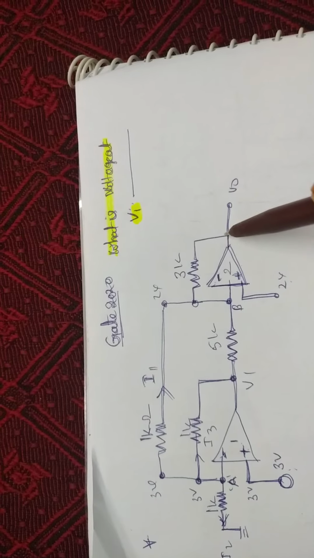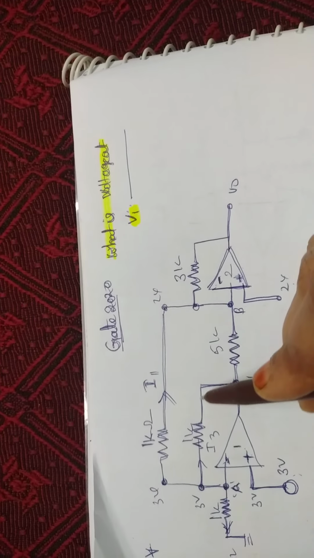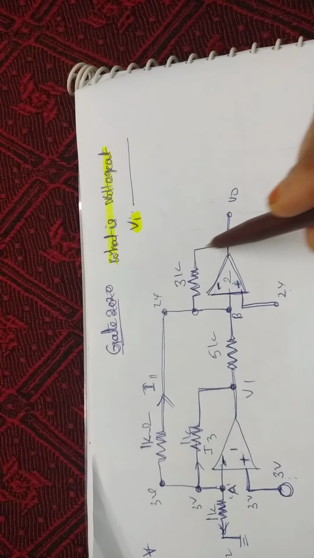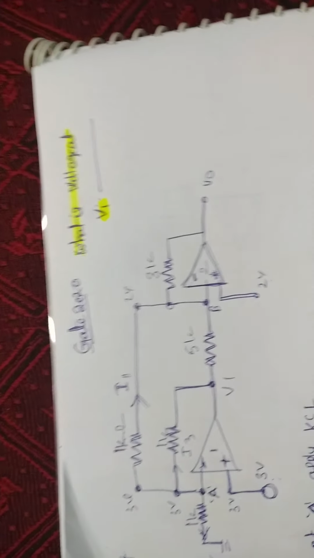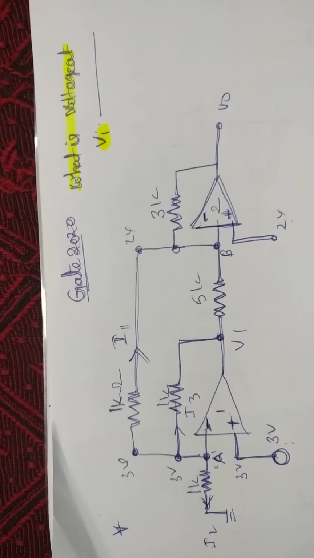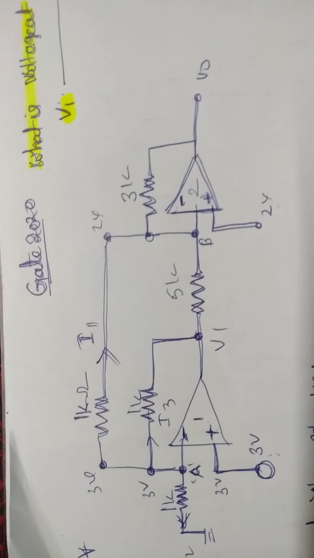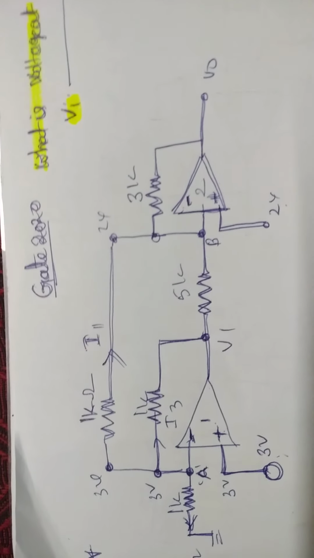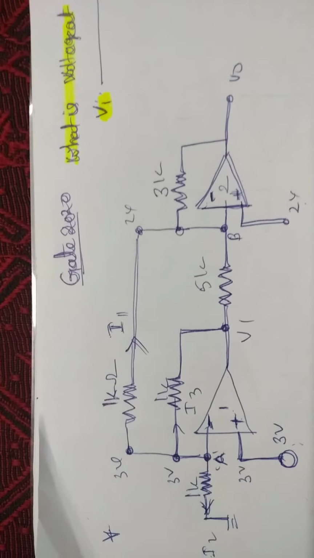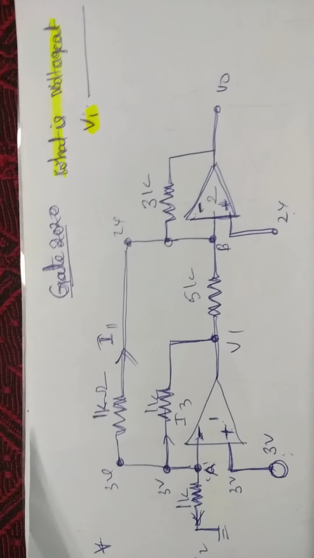And one more thing about the type of feedback: the output of the circuit is connected and fed back to the inverting terminal. This is also the same. So we can say that both operational amplifier circuits are configured in non-inverting configuration. With negative feedback, we always apply the virtual ground concept. This is one of the important basics that everyone knows.